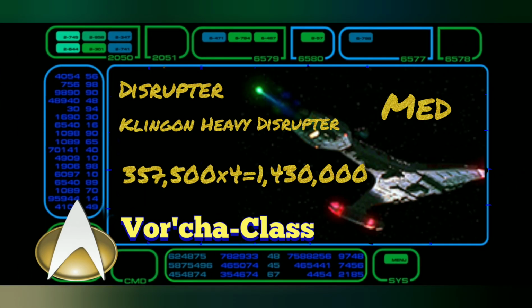Now, the Vor'cha-Class primary weapon is a heavy disruptor located between the 2 little pinchers. The little pinchers are torpedo launchers. In the middle is the heavy spiral wave disruptor cannon. The heavy spiral wave disruptor cannon of the Klingon Empire is one of the strongest weapons in the major empires. It's capable of firing a blast of 520,000, but its normal operational firing arc is